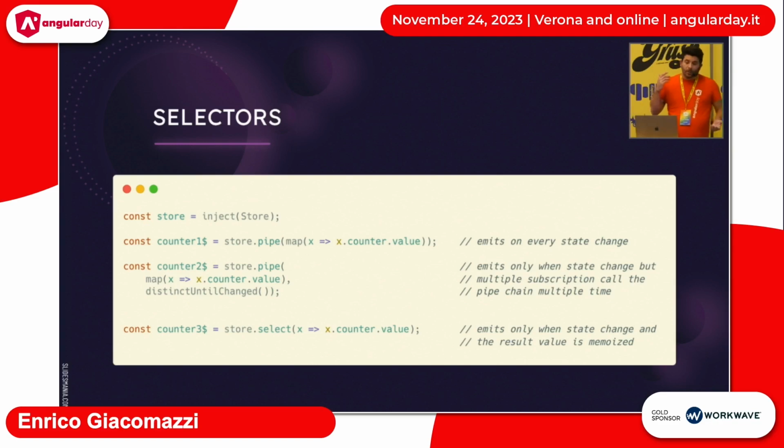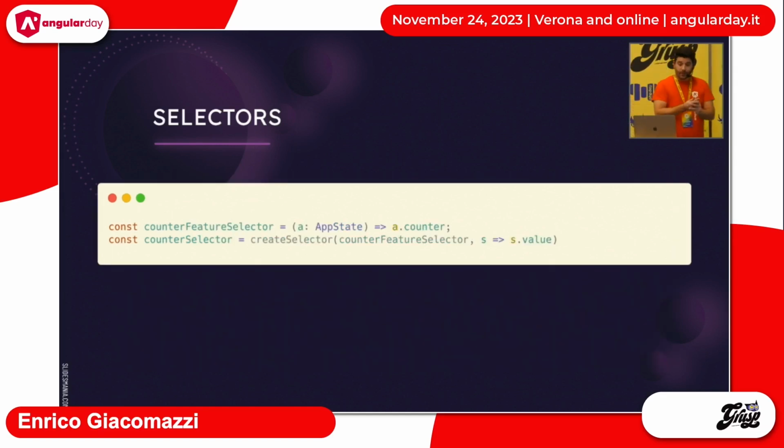So this could be a problem if in some condition I do some long stuff inside our chain of operators. With select, the method provided by NgRx, we have all of this feature out of the box, batteries included. So use select. To create a selector, you can also use the createSelector factory that takes another selector,